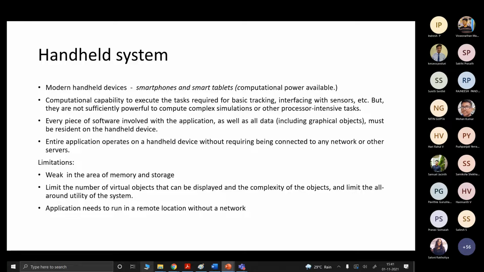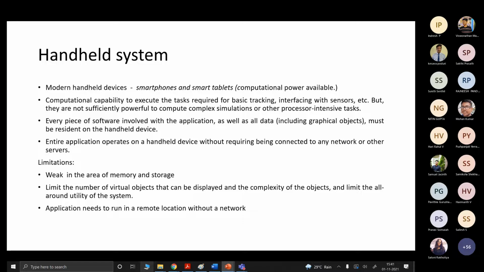When it comes to a complex task, such as computing a complex simulation, in such a scenario the handheld devices cannot be useful due to restrictions in memory and storage. They can handle only a limited number of virtual objects, because the device size is small.